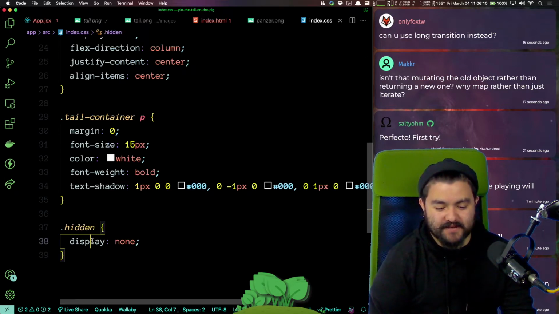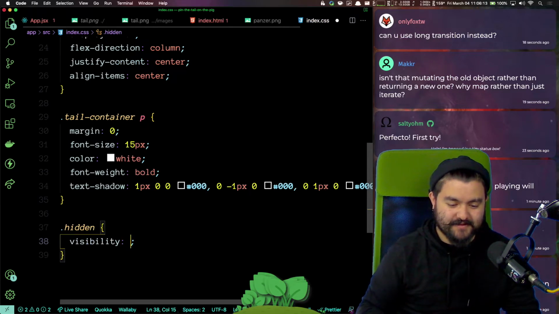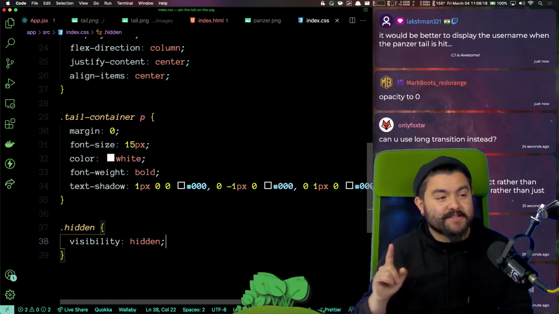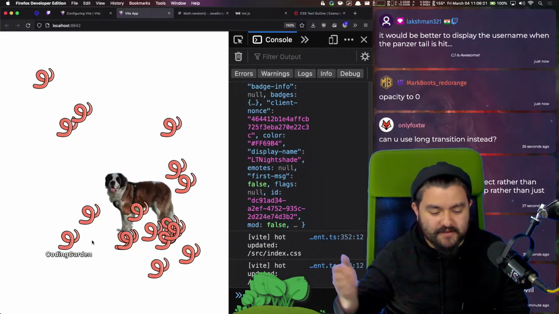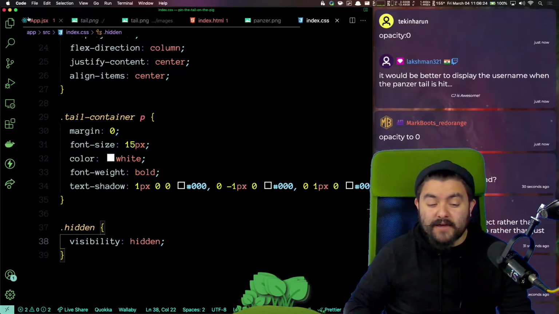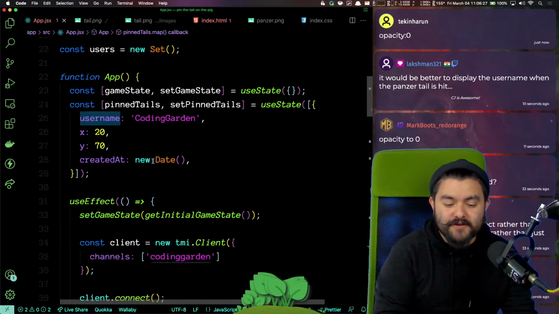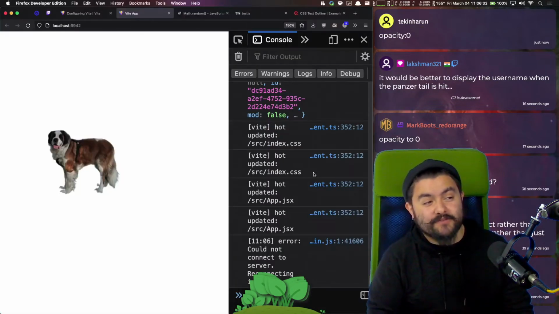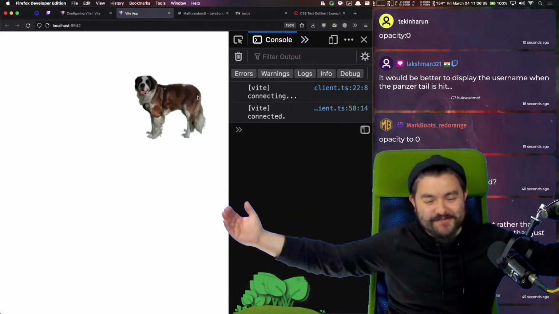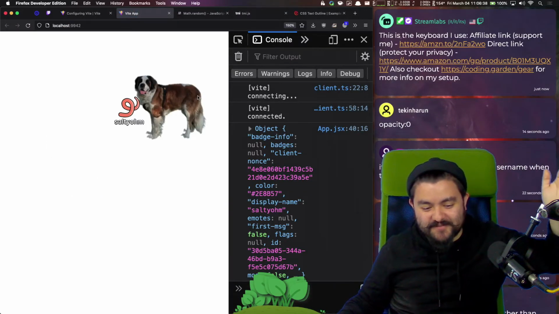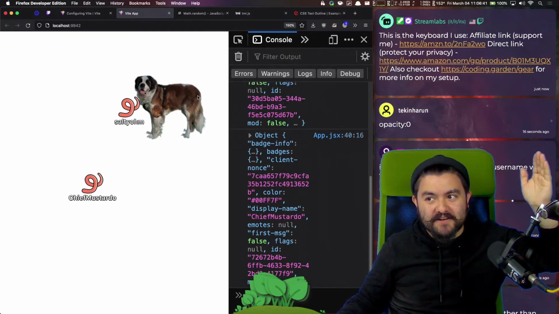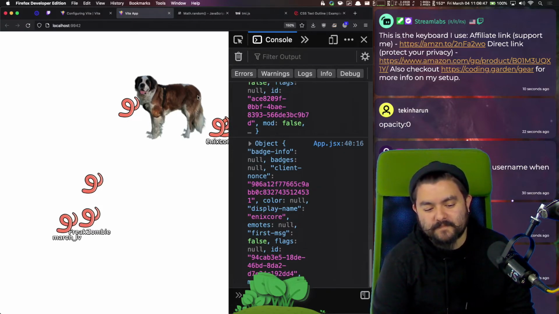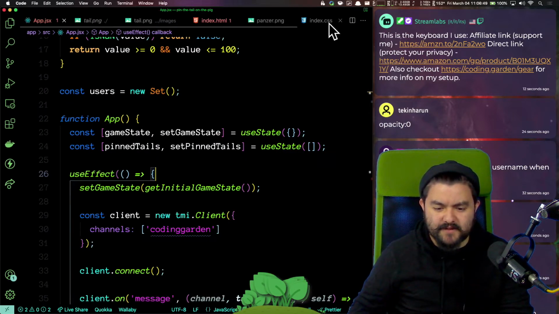Here's what we'll do. We'll just say visibility is hidden. So that way it's still on the page. Or we could set the opacity to 0. I think visibility hidden is going to give us the same thing. But what I like about this is wherever your tail shows up on the screen will be slightly adjusted based on the length of your username. So if you have a long username, the top left corner of your tail is going to be further out than you actually expect it to be. But actually, I like the idea of opacity because then it'll fade out.